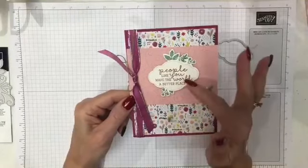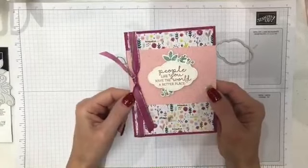and then I stamped on this framelit here. I'm going to show you that in a minute. And the framelit